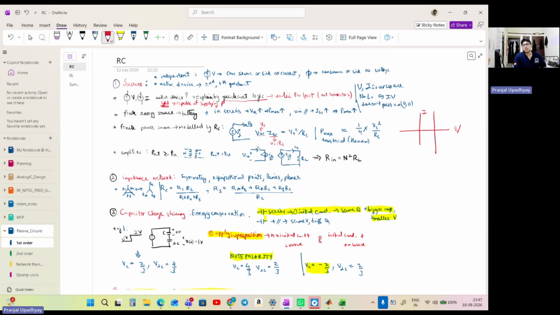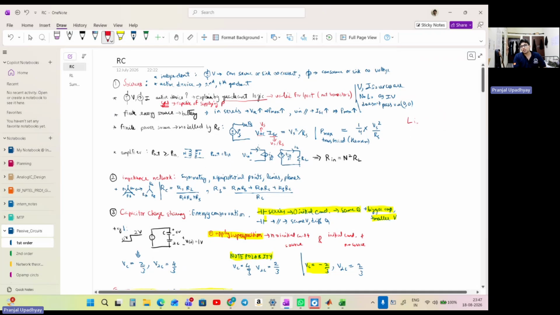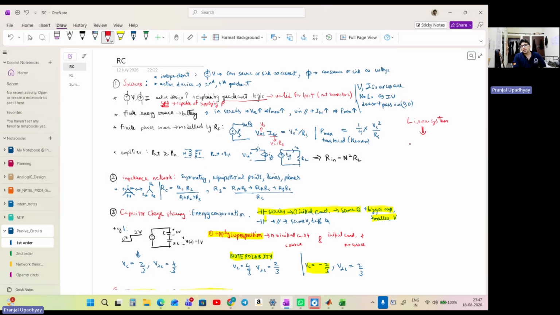Now, I want to discuss one peculiar thing. If we all remember the definition of a linear system, we have all studied signals and systems, and we know that we can define a linear system only when it satisfies two things. What are those two things? Homogeneity and superposition, right? Homogeneity and superposition. So, the question is: